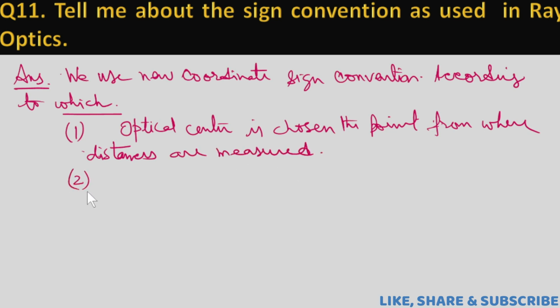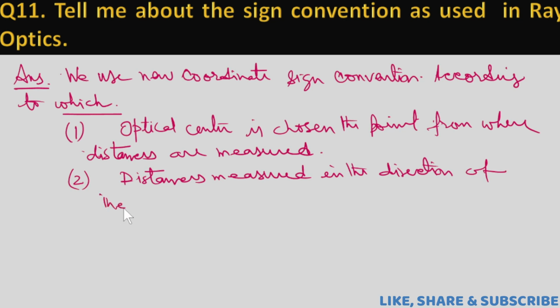Point number 2, distances measured in the direction of incident rays are taken positive,